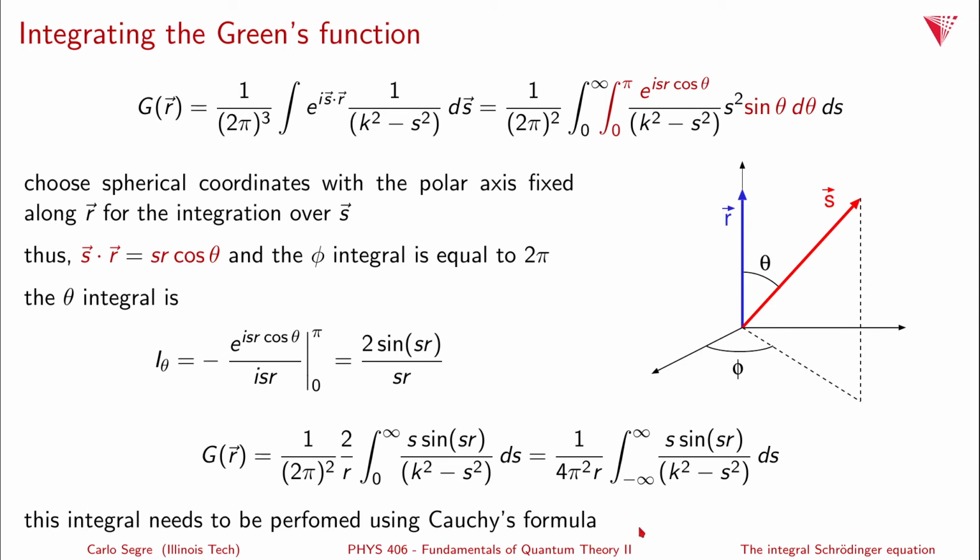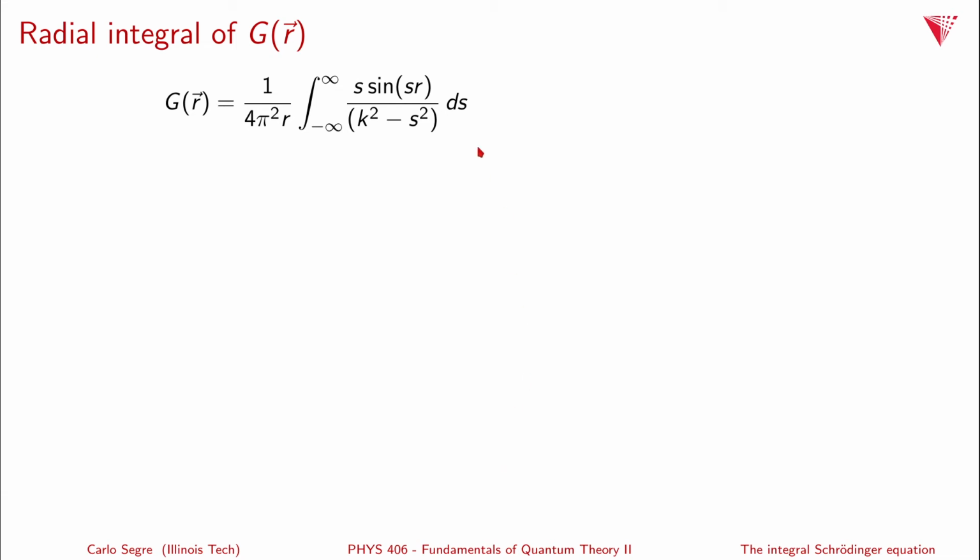And the reason we have some problems is it has a pole. Where s is equal to k, or s is equal to minus k, this integrand goes to infinity, and we can't integrate it through s. And so we need to do this by using Cauchy's formula. So the integral that we have to do has 2 poles at k and minus k. And we're now going to rewrite this so that we can use Cauchy's formula. So we'll use that e to the ix minus e to the minus ix is equal to 2i sine of x. So we can replace the sine of s r